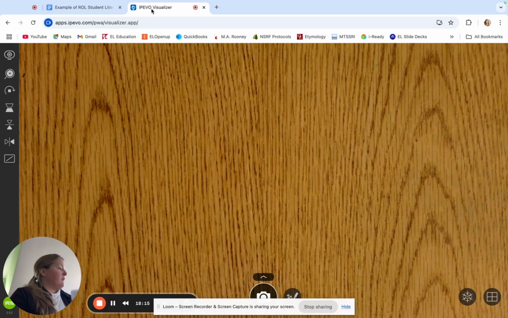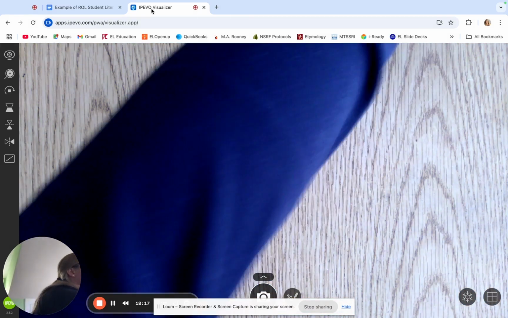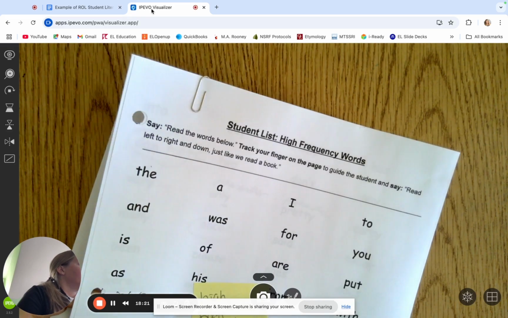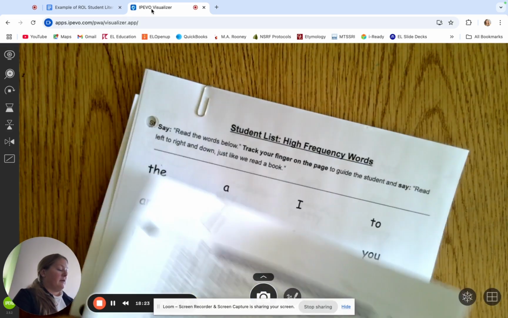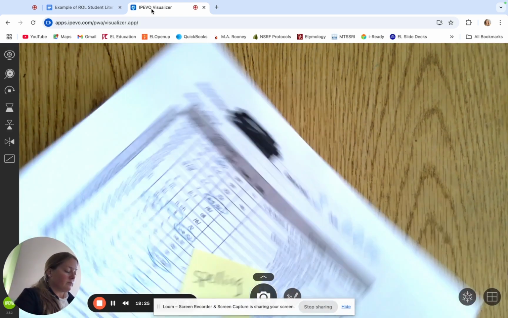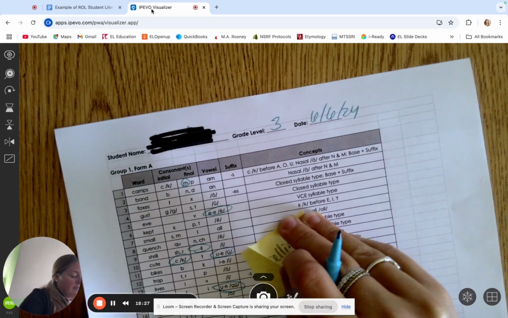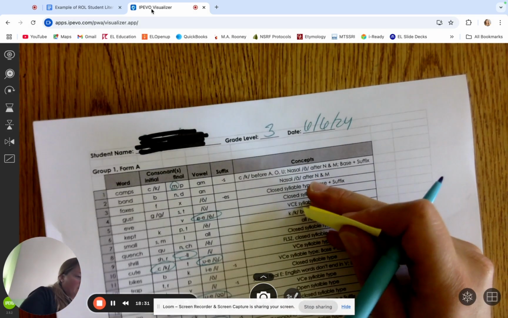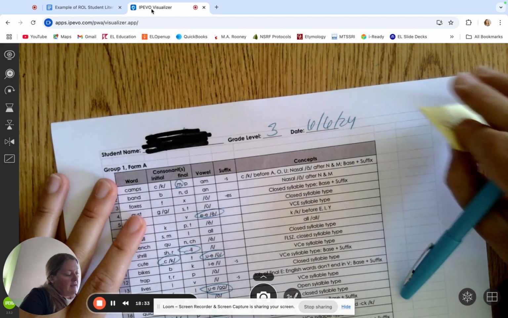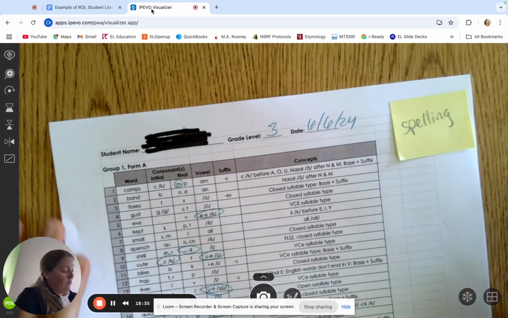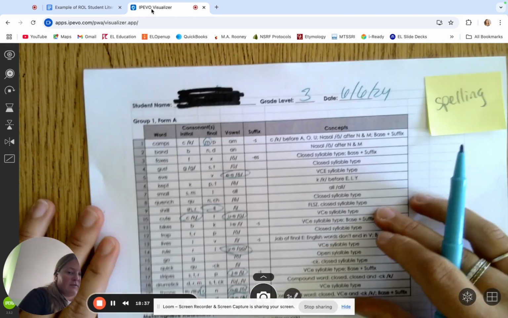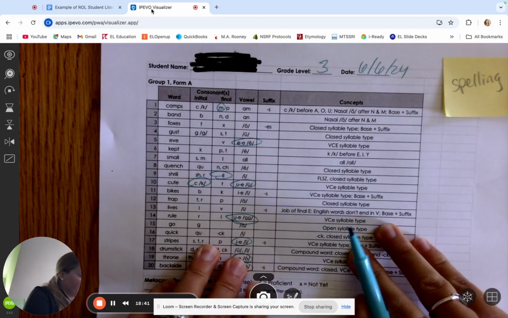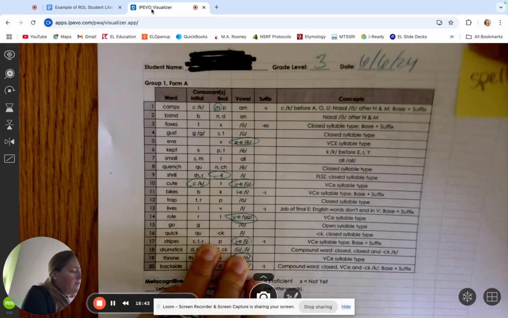Next up, so that was decoding. Let's see what we've got next. Let's look at spelling next. For spelling, it doesn't really matter the order that you look at these, by the way. I just like to look at it when they've just read words, because it's fresh in my mind what the student needs. Next. So for spelling,